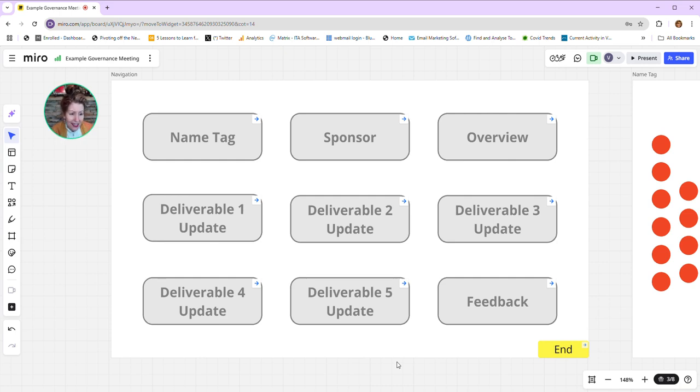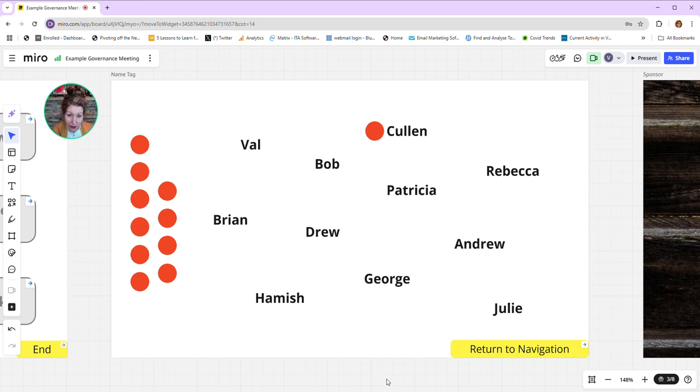In this case, this meeting is going to start with an engaging name tag exercise because there happen to be a few guests who are joining this hypothetical sustainability governance meeting. So the first thing I'm going to do as the meeting leader, once everyone's in here, is go to the name tag exercise. Now I can instruct everyone to do this too. Please click on the link, go to the name tag exercise. You should now be seeing the name tag screen on your